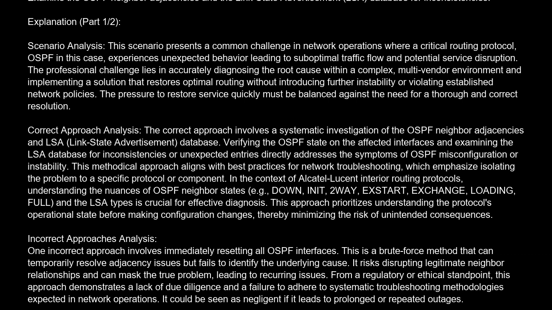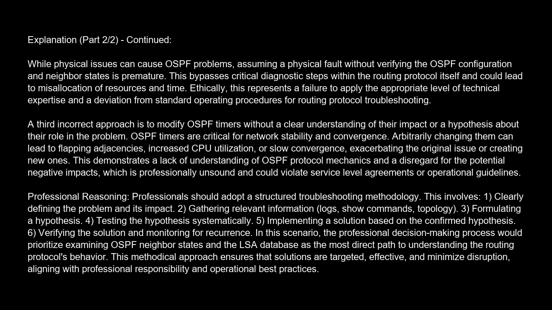Another incorrect approach is to focus solely on the physical layer connectivity without considering the routing protocol state. While physical issues can cause OSPF problems, assuming a physical fault without verifying the OSPF configuration and neighbor states is premature. This bypasses critical diagnostic steps within the routing protocol itself and could lead to misallocation of resources and time. Ethically, this represents a failure to apply the appropriate level of technical expertise and a deviation from standard operating procedures